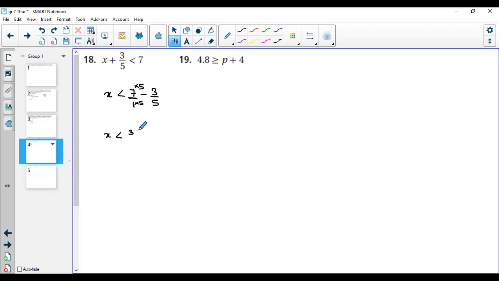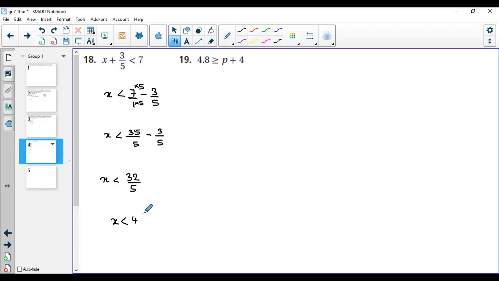So this is going to be 35 over 5 minus 3 over 5. So this is going to be x is less than 32 over 5. Because 35 minus 3 is 32. 5 minus 5 we do not do for fractions, so the denominator remains the same. Now this is an improper fraction. To change it to a proper fraction, it's going to be x is less than